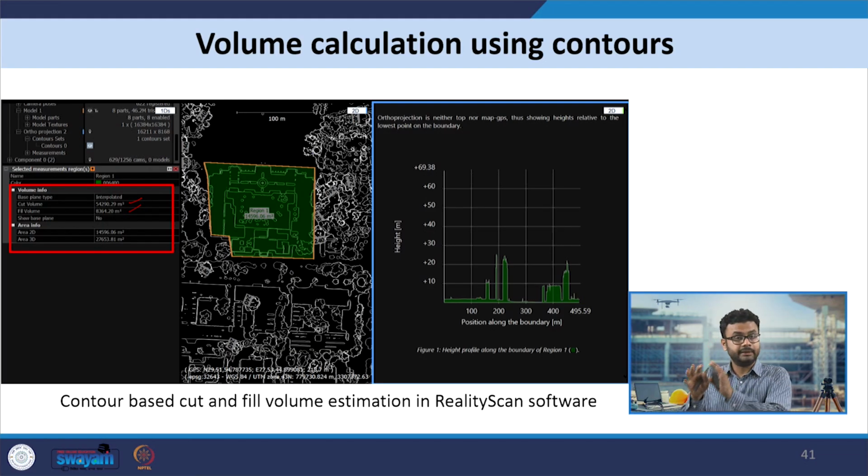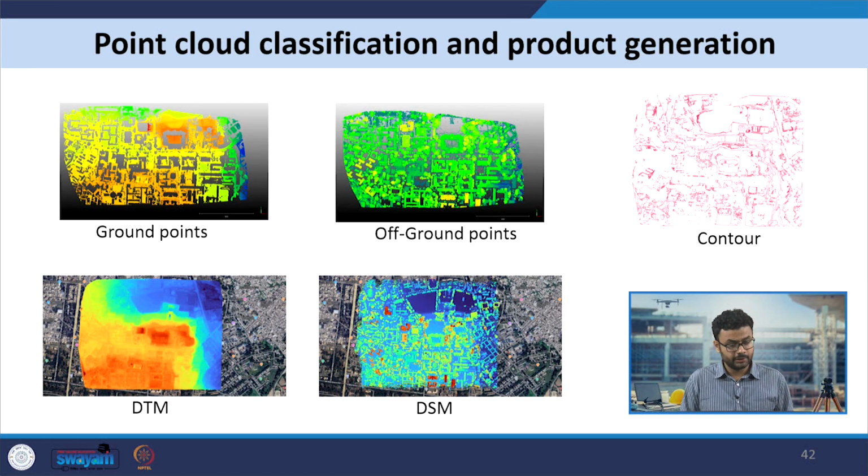So these kinds of volume estimations can also be done once we have the contour estimation, which is obtained from the DTM and DSM estimation, which are obtained from the TIN vector data, which is obtained from the ground and non-ground point cloud data. So these are the overall point cloud classification and product generation. There are ground points, there are off-ground points, there is DTM, there is DSM, and also contours